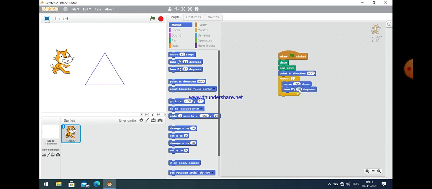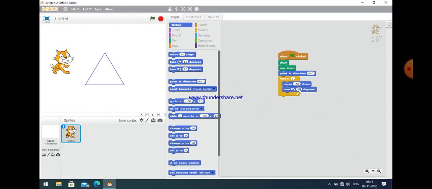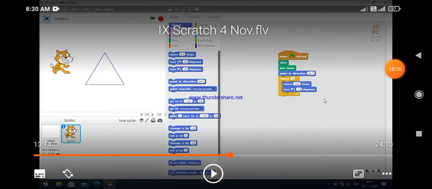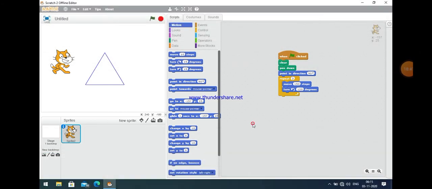First of all I use point in direction 90 degree because first of all the object should be in the forward direction. After that there is the repeat block, which repeats the commands 3 times. There are two commands within the repeat block: move 150 steps and turn 120 degree. So I just write 120 degree inside that. Okay, now let us execute it.